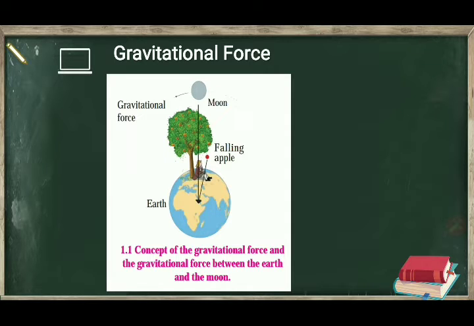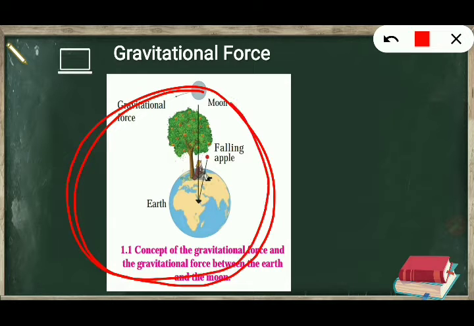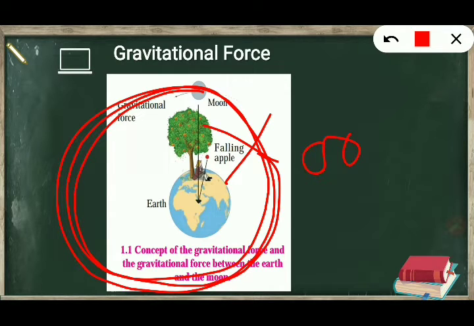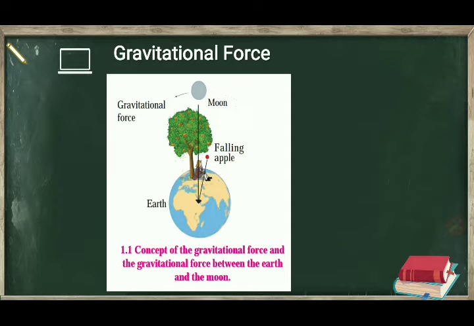There is a question in your mind: if the apple falls down due to the gravitational force, then why can't the moon fall down due to the same gravitational force? Here is another concept known as centripetal force, which is also a force of attraction, and by means of which the moon revolves around the earth. But it does not fall due to its orbital motion. This is the answer, orbital motion. So this is the theory or concept of gravitational force.